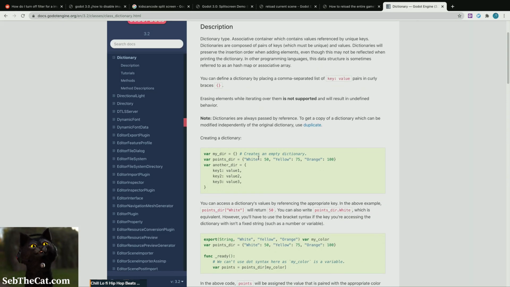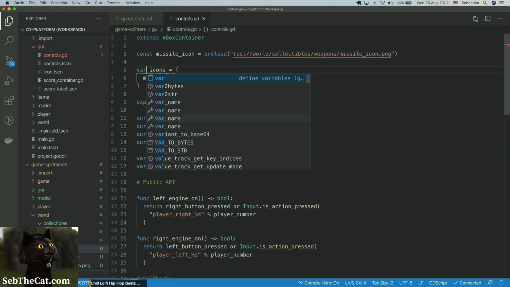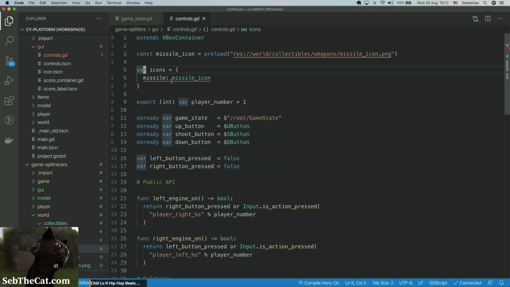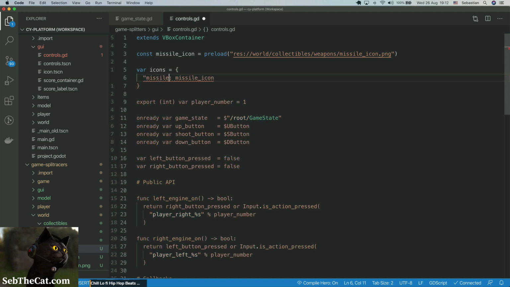Okay, well, it was just my syntax highlighting which wasn't keeping up. Okay. Wait, what if we say const there now? Okay, that seems to work. Alright, so